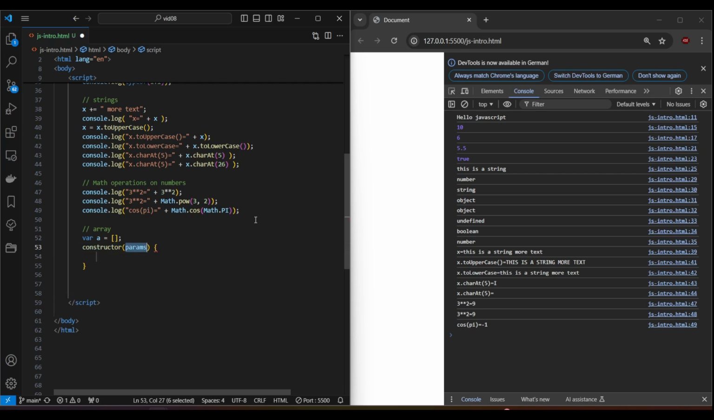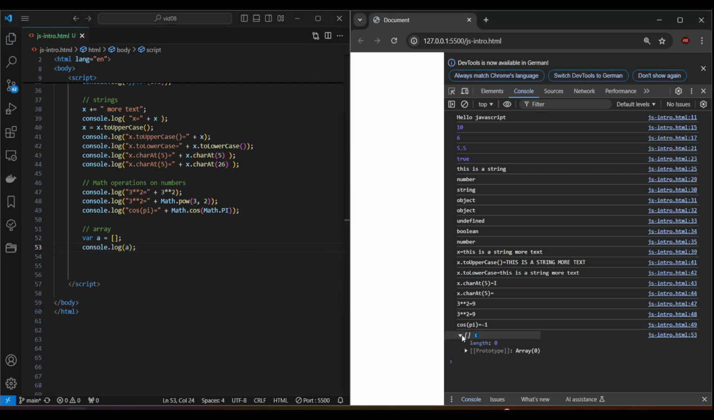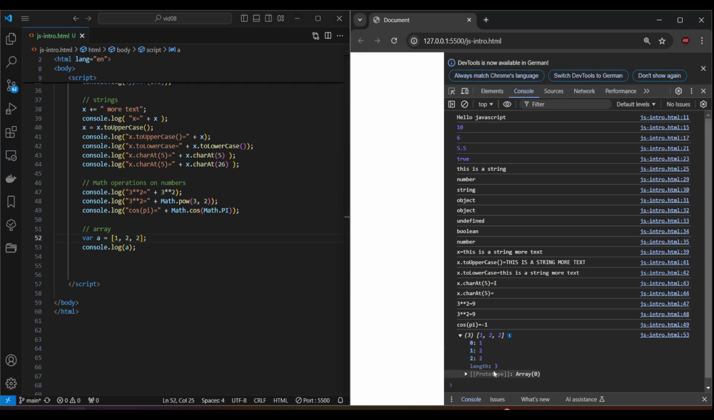So let me use the console to log this array. As you can see here, we already now defined an empty array which has a length of 0. We can add elements to this array. So let's add some numbers, for example, here. So you can see now we have 3 elements. In entry 0 we have 1, entry 1 we have 2, and then in entry 2 we have